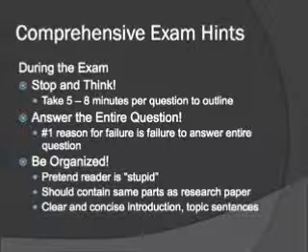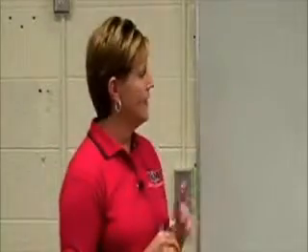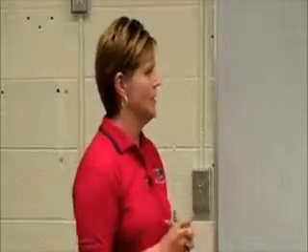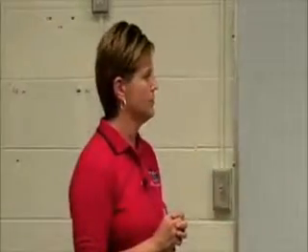My personal phrase is, pretend the reader is stupid. What's the purpose of your answer? I'm going to talk about A, B, and C. And then you have a paragraph about A, a paragraph about B, and a paragraph about C. Basically, it should contain all the same parts as a research paper. A little bit of an introduction, some sort of a review, make 3 key points, and some sort of a conclusion. And just be very clear and concise.